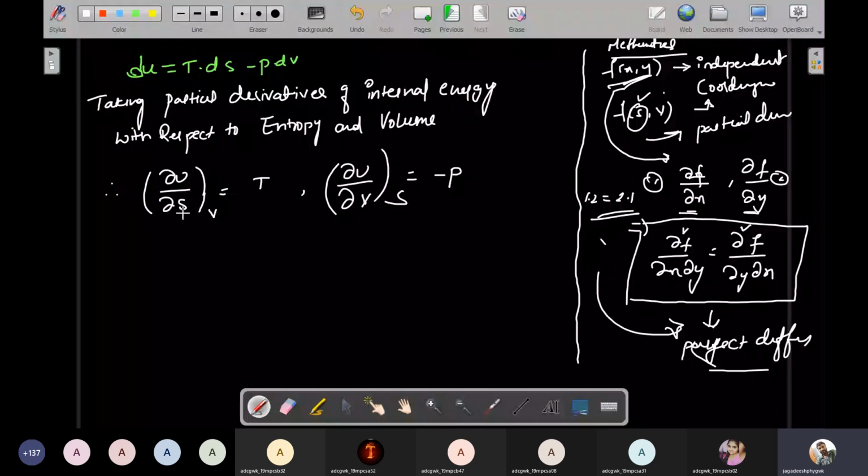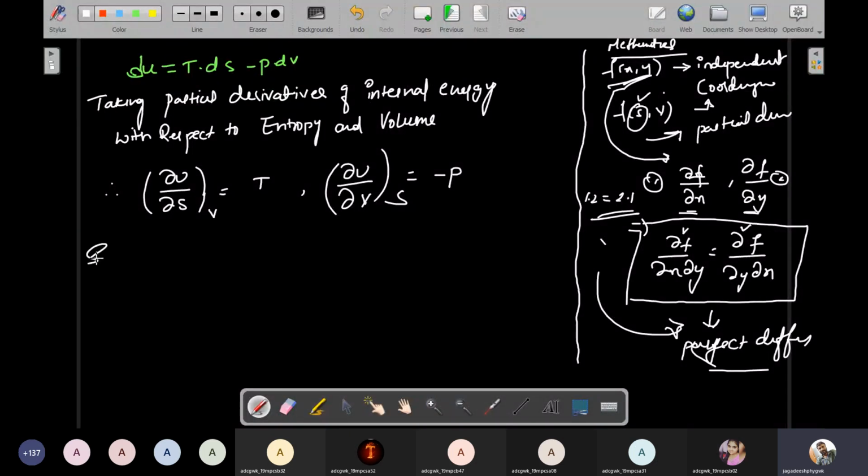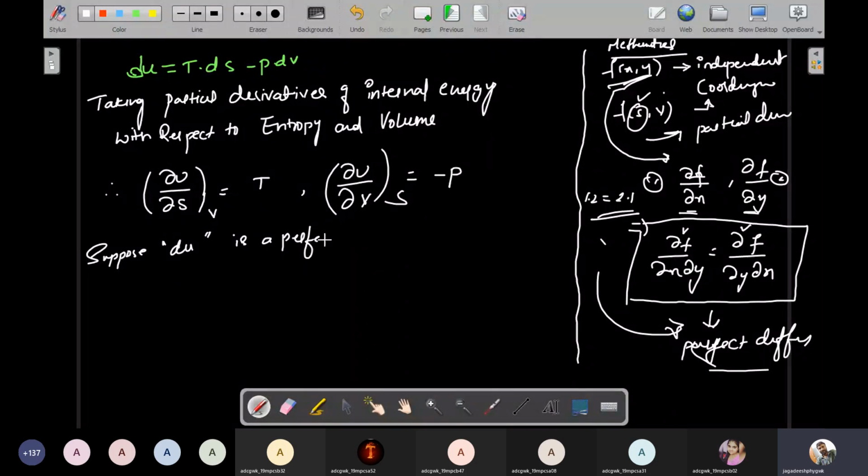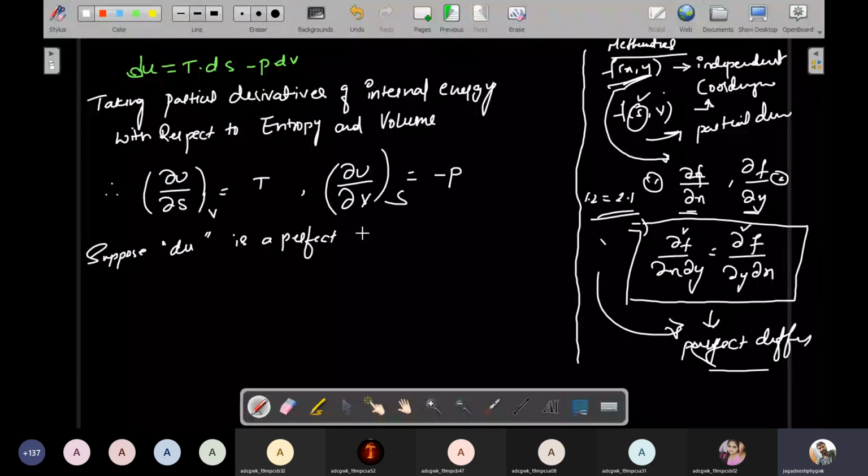Similarly, now we will get differential equations. Okay, right now. For suppose du is a perfect differentiable